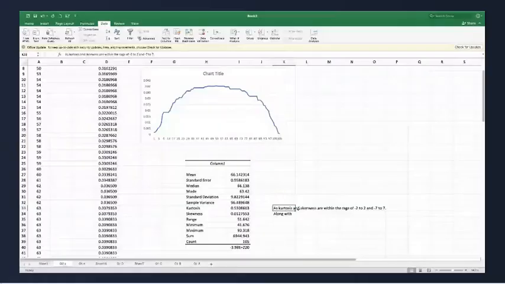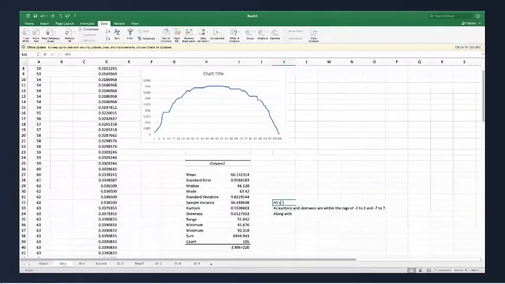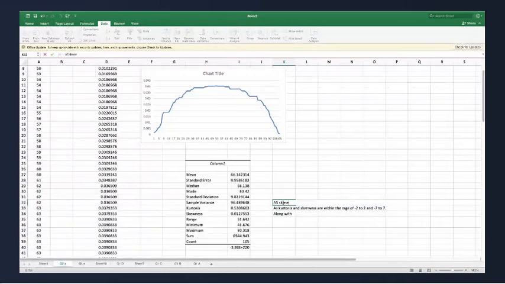So I will say skewness is within the range of -2 to 2 and kurtosis is between -7 to +7. This is one thing.